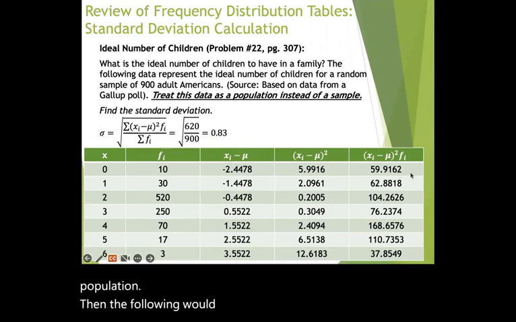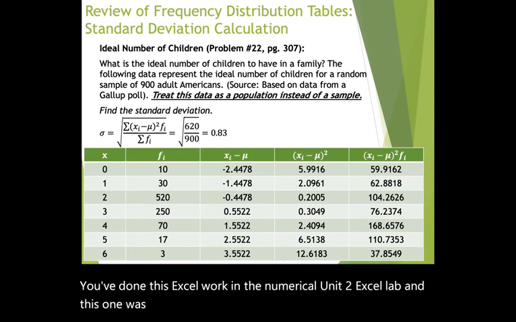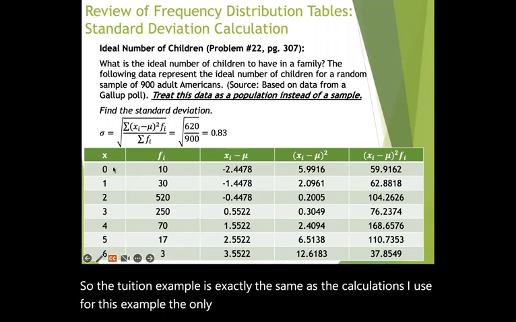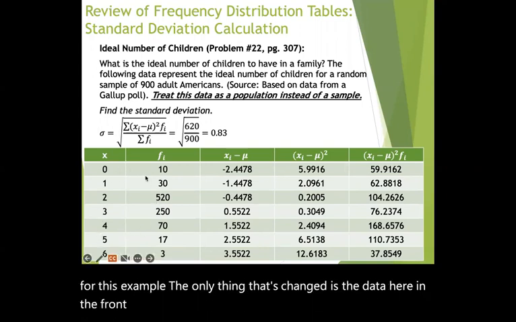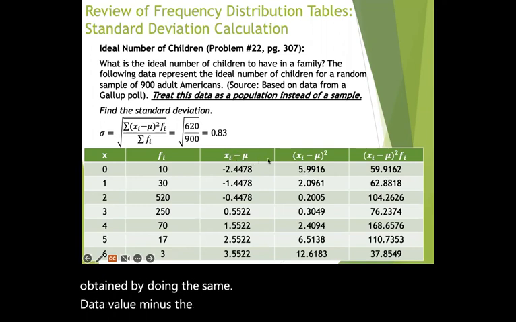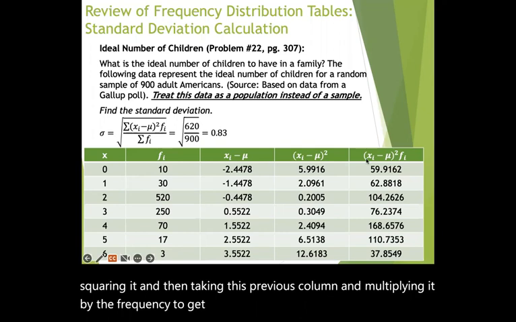in the Excel spreadsheet. Now you've done this Excel work in the numerical Unit 2 Excel lab, and this one was for tuition. So the tuition example is exactly the same as the calculations I used for this example. The only thing that's changed is the data here in the front, the data values and the frequency. The rest of these are obtained by doing the same data value minus the mean, taking that previous column and squaring it, and then taking this previous column and multiplying it by the frequency to get this final total over